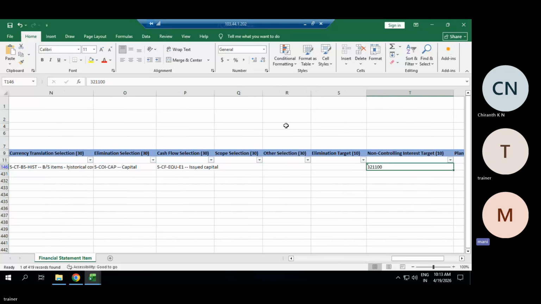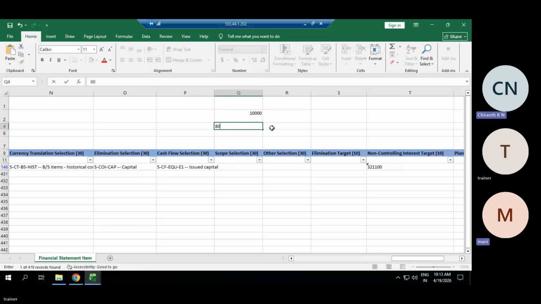So COI, like you have, total value 1 lakh of US02. 80,000 is owned by US01. So 20,000 will be the COI. Understand now? This will be calculated automatically. So 80,000 is owned by group, right?